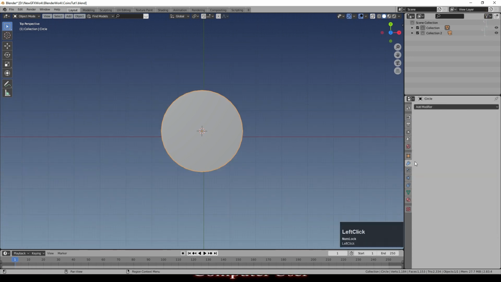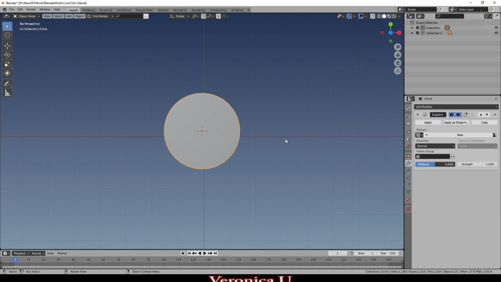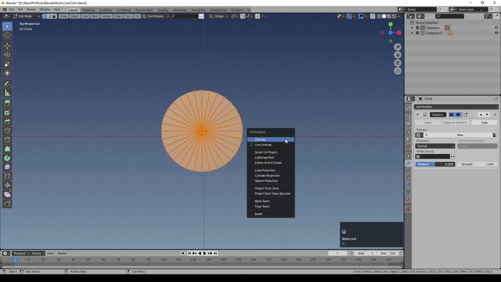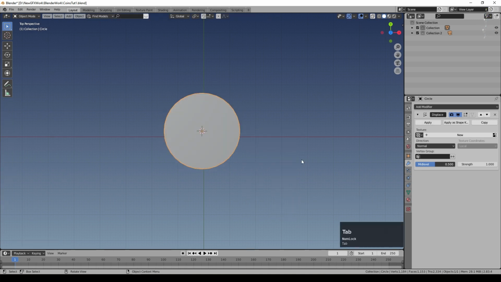So the next thing I'm going to do is add a modifier, which is the displace modifier. And before I go any further, I'm going to actually go into edit mode, select all those vertices, press U and say project from view bounds. We'll probably need to play with the UV map a little bit in a minute anyway, but that's got it UV mapped. I've got some images of some Roman coins, and I'm going to use those to create the texture. You could just model the texture directly, or you can find some other textures if that's what you want.